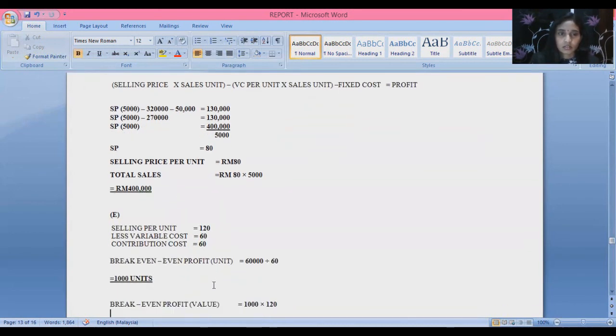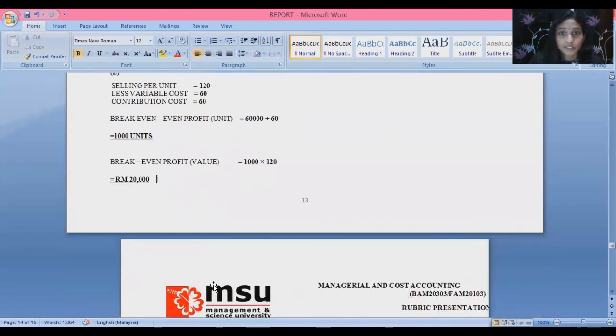And the last question, selling price is 120 less variable cost is 60 and contribution margin is 60. So break-even point in unit, you need to divide, so you get 1,000 units. And for value you need to times so